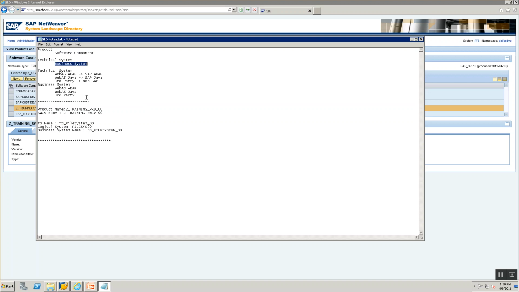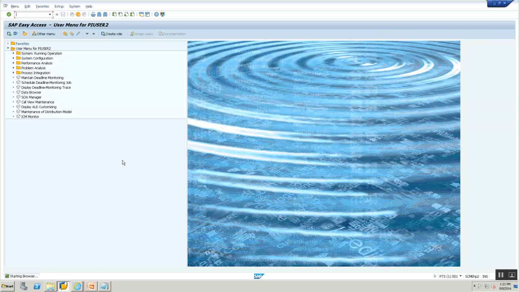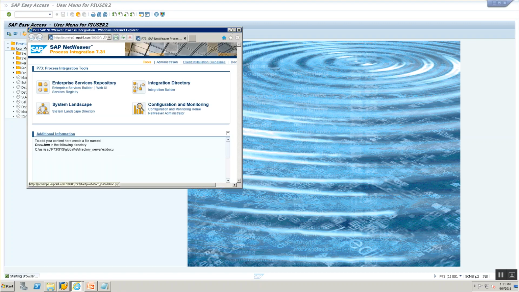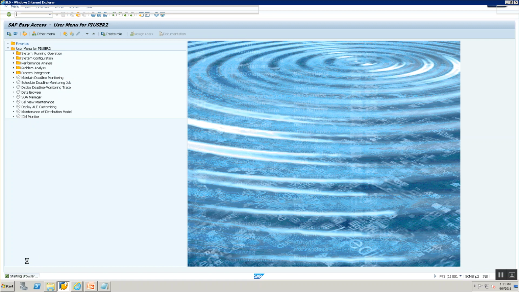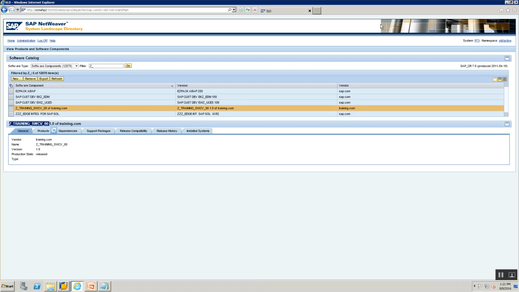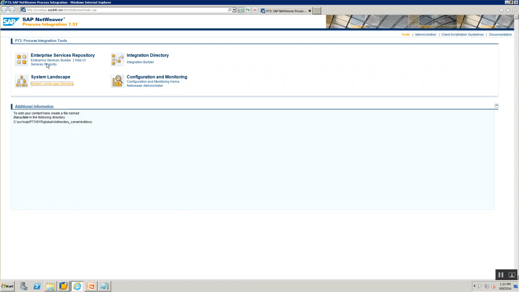What did we do next? We went to the PI homepage and launched our PI Java stack using the transaction SXMB_IFR. Once we launched that, we log in, go back to the PI homepage, and here you have the link called System Landscape Directory.